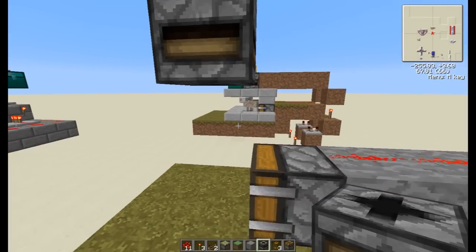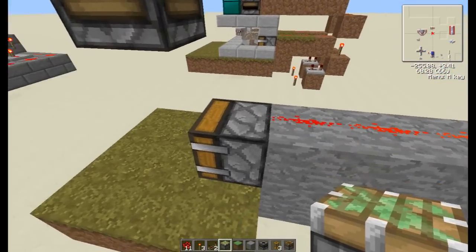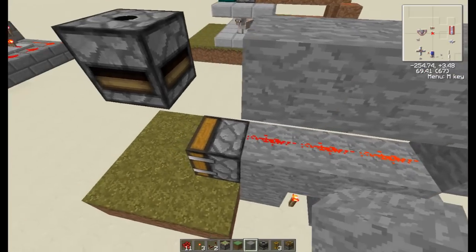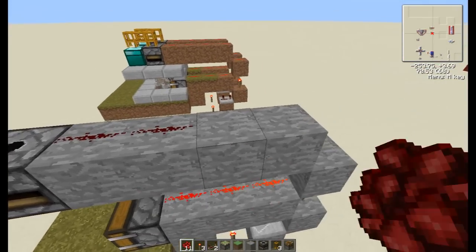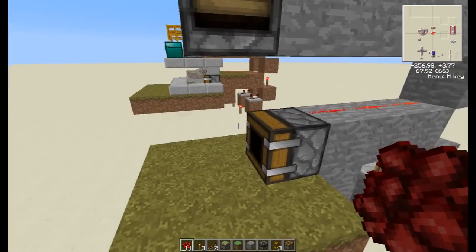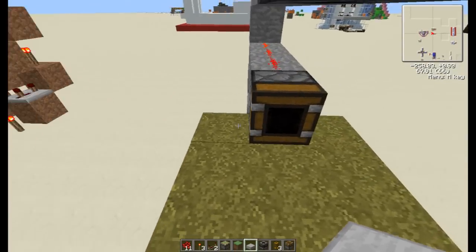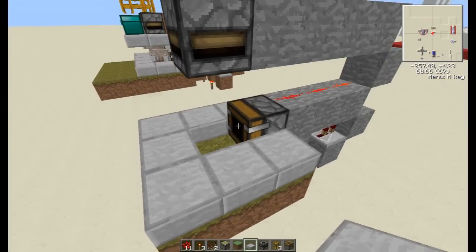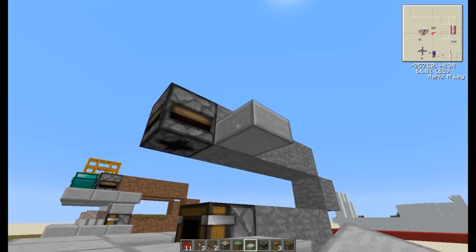The transposer is used to pick up the wool that has been sheared off the sheep from the deployer. And so in order to hook it up, we will just run a line like so with redstone, and that should do the trick. So now if we go over here, we just used some half slabs to hold the sheep into place along there and along here,